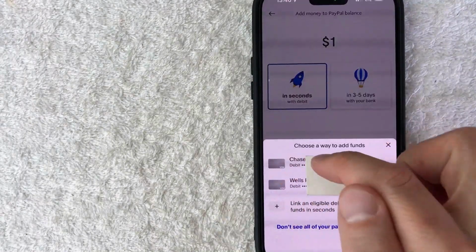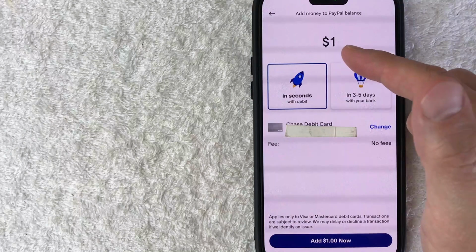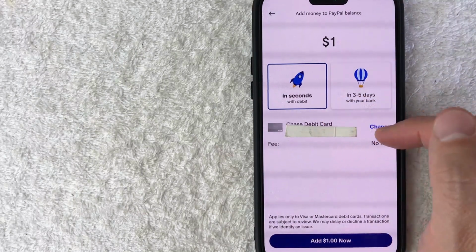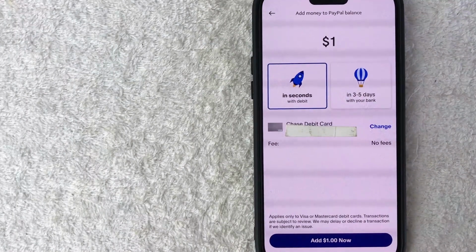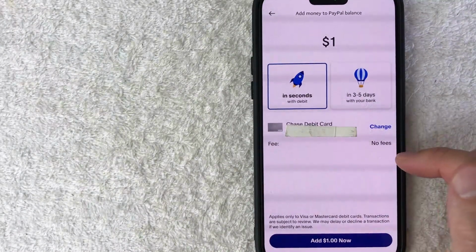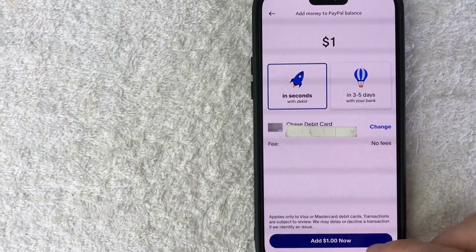Okay, next I'm going to choose my Chase debit card. Okay, now it gives me this confirmation screen to review. So we're using my Chase debit card to instant transfer and add money into my PayPal balance. And then there's no fees for this. So let me click on this blue add $1 now. Okay, immediately